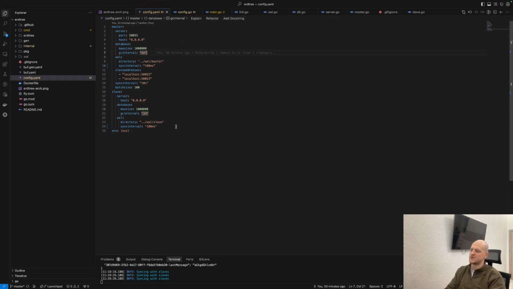This server basically is set up to work on any environment, because we're using the zeros here as the host, and this service is actually with the same config deployed to fly.io, which is like a cloud hosting solution, and it works there. So what you can see here is you have your server port and host,